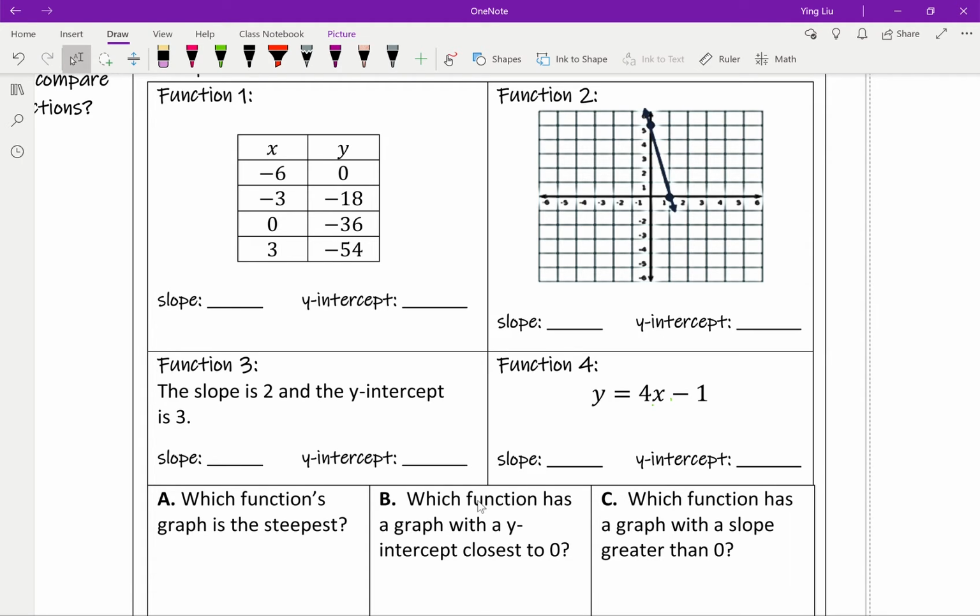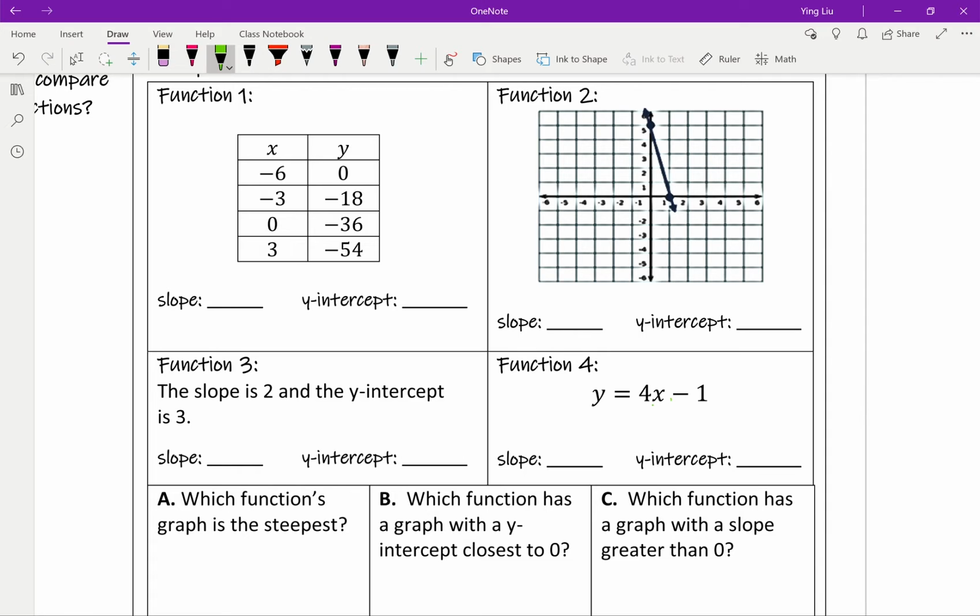Now let's see if we can use what we know so far to answer some questions about some linear functions without actually having to graph them all. For example, the first question is, which function's graph is the steepest? We can see that functions 1, 2, 3, and 4 are given in different forms, not necessarily all graphs, but it doesn't mean that we have to graph them all before we can answer this question, because we already discussed